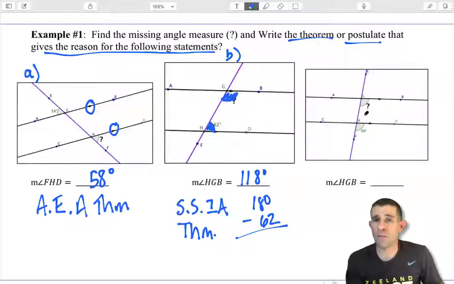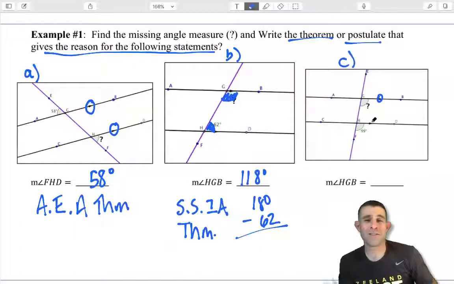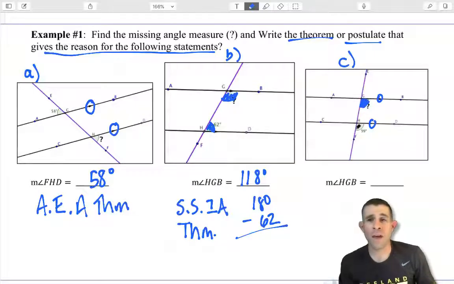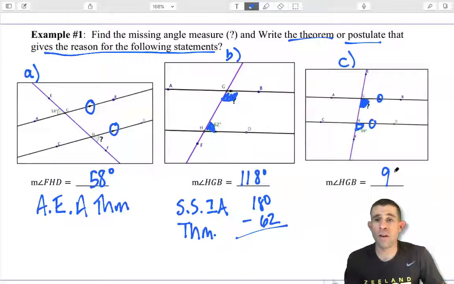All right, last up, we got these two parallel lines here. This is drawing C. These two parallel lines because of the arrows, and I want to find this blue angle right up here in this corner, and I see that its corresponding angle is 99 degrees. Therefore, this blue angle, HGB, must also be 99 degrees because of the corresponding angle theorem. So I'm just going to abbreviate that here in